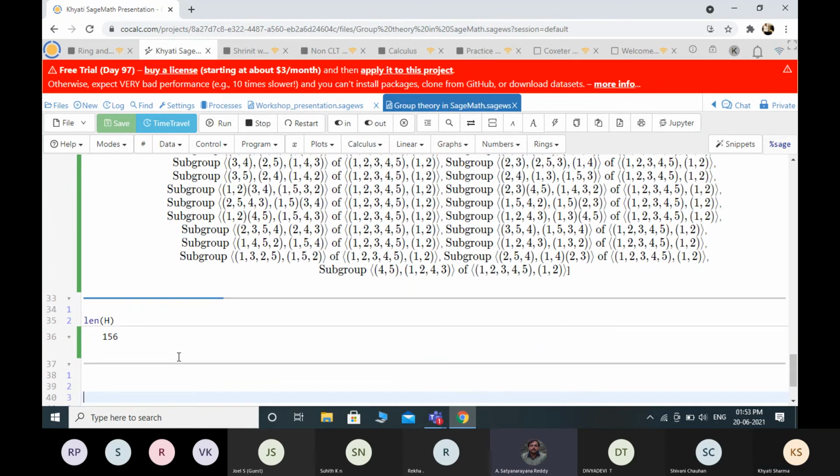Later you can. Yes, sir, I can define that. I will try that also. Like suppose we want to find subgroups of order 5. In that, if subgroup K is cyclic, maybe it can return something. I will try that.